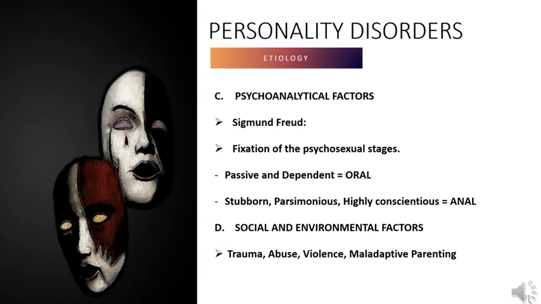One of the prominent thinkers in personality development is Sigmund Freud. Sigmund Freud suggested that personality traits are related to a fixation at one psychosexual stage of development. For example, those with an oral character are passive and dependent because they are fixated at the oral stage, when the dependence on others for food is prominent. Those with an anal character are stubborn, parsimonious, and highly conscientious because of struggles over toilet training during the anal